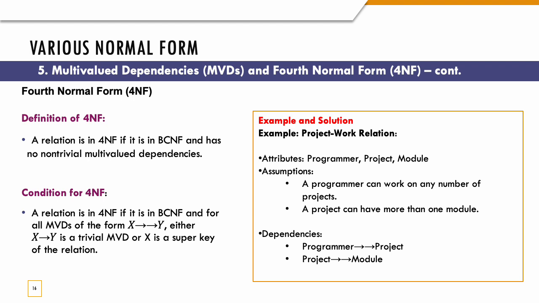So a relation is in fourth normal form if it is already in BCNF and it contains no non-trivial multivalued dependencies. This means that if there is an MVD, it should either be trivial or have a superkey on the left side. Okay,